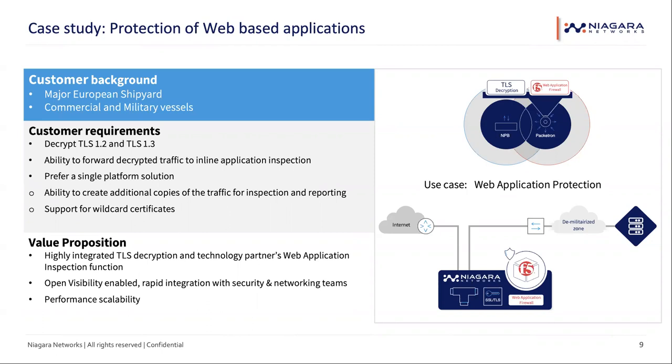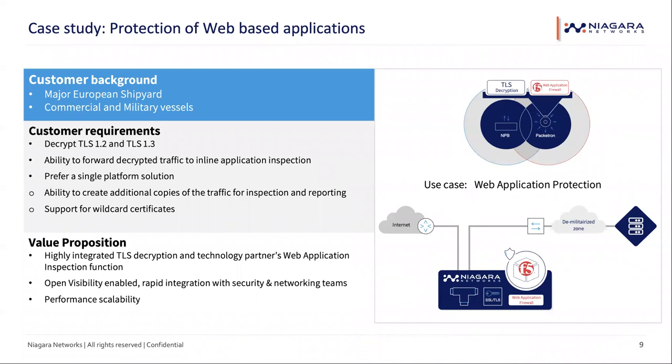So we used the Packetron for decryption, but they also wanted this inspection engine integrated on the packet broker. This is where the combination of visibility intelligence, so the decryption part, as well as the visibility virtualization that we support on the Packetron, could be combined, and we use the Packetron for the web application firewall. So the application firewall is actually installed and running in the packet broker, as well as the TLS decryption, which is also running in the packet broker.